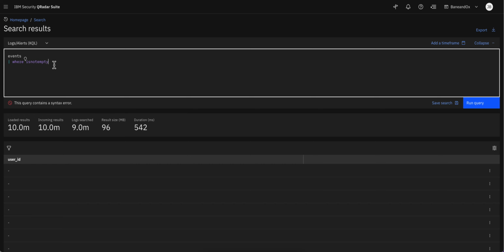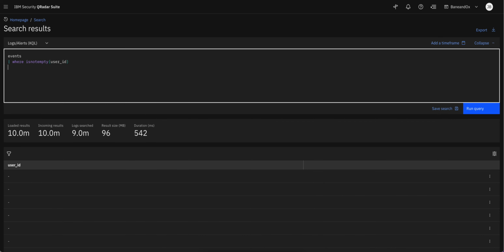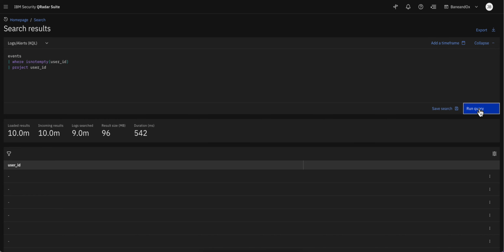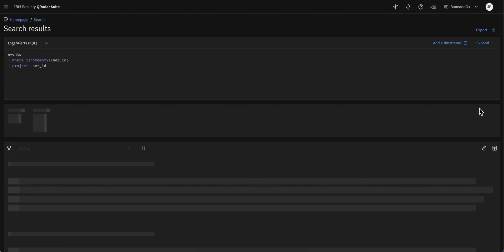We'll talk about isnotnull later. And then we put user ID, and we're going to project that. Okay, I'm oversimplifying things here, but this is the part that is important to learn how to use the isnotempty